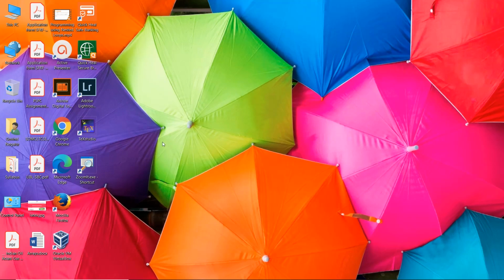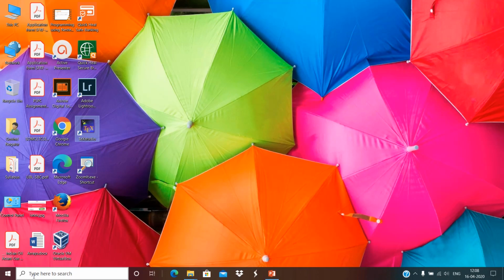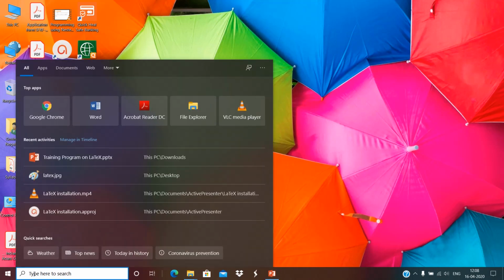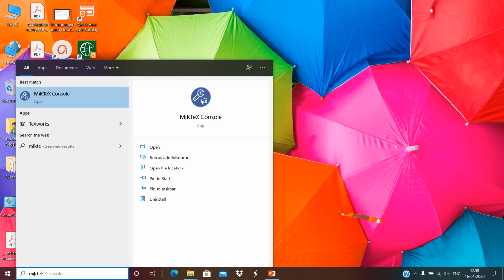In the previous video session, we installed the basic softwares named MikTeX as well as TeXstudio. I have imported the shortcut of TeXstudio on desktop. You can see here. Before launching the TeXstudio, ensure that you just update the MikTeX to its latest updates.